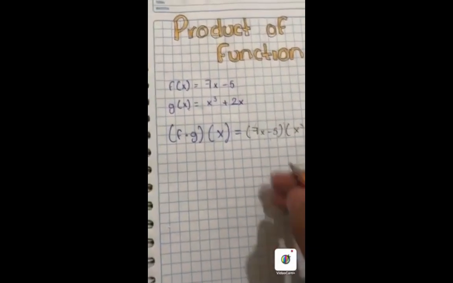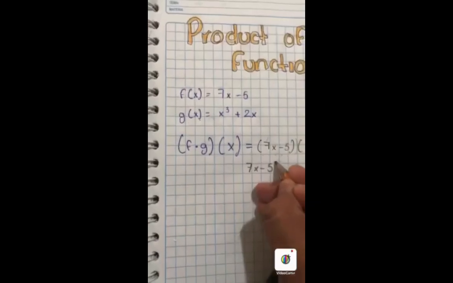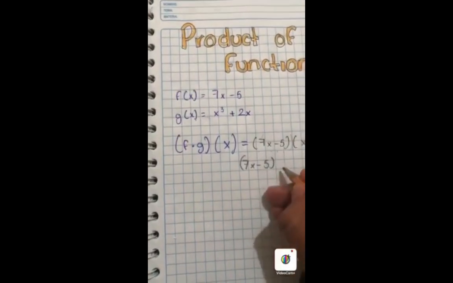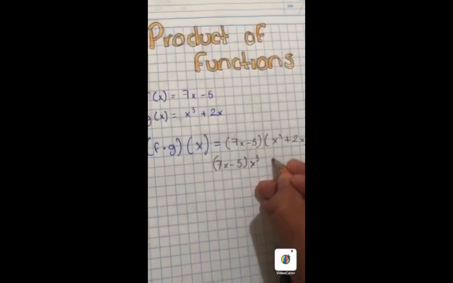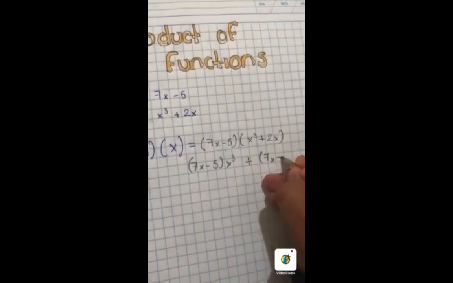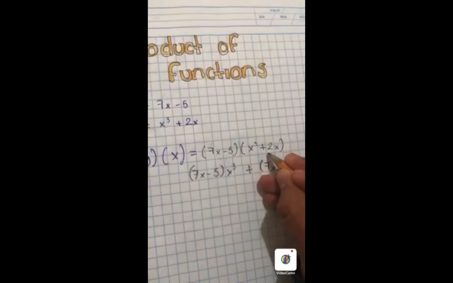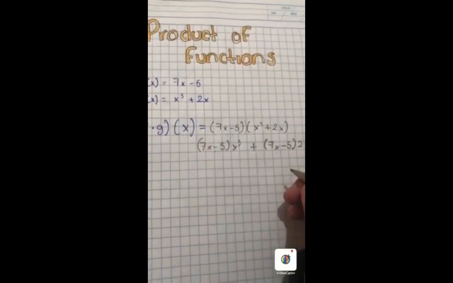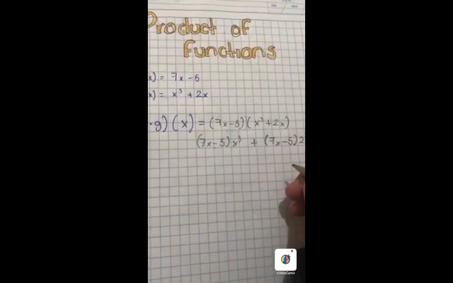Then it will stay as 7x minus 5 multiplied by x cubed, plus 7x minus 5 multiplied by 2x. A more graphical way to understand what I will do is